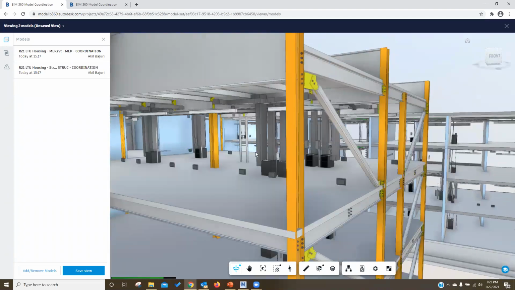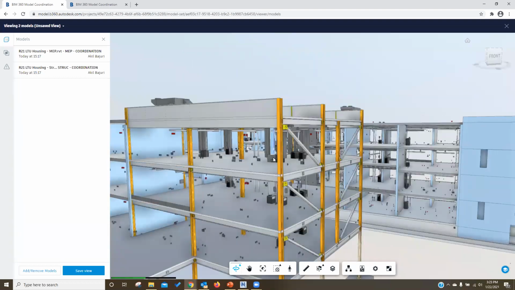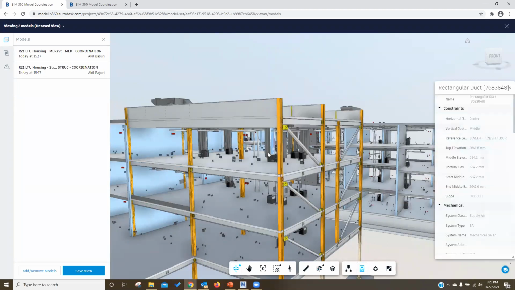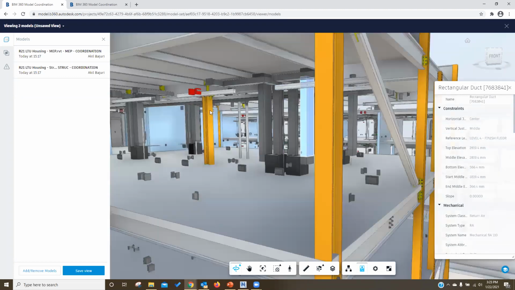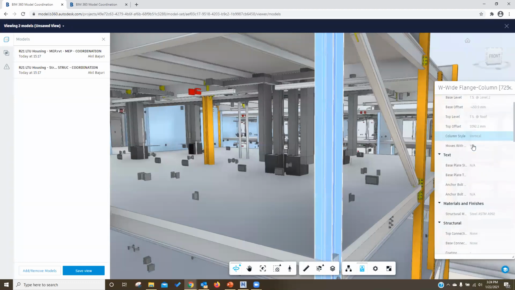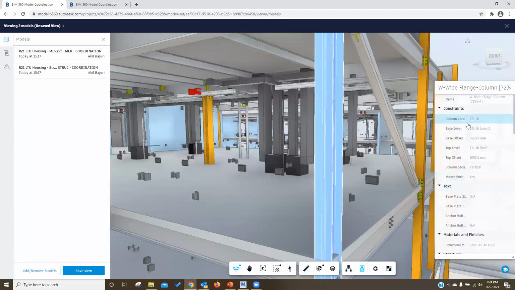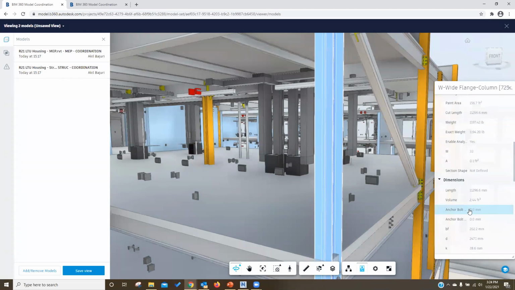And in the BIM 360 viewer, whatever you can see here is not a solid object, but you can actually view the properties just like you would in Revit or any other 3D software. If you click the object here, say the properties for this column, the properties will mention all the items and information needed, including the material, constraints, dimensions, and so on.